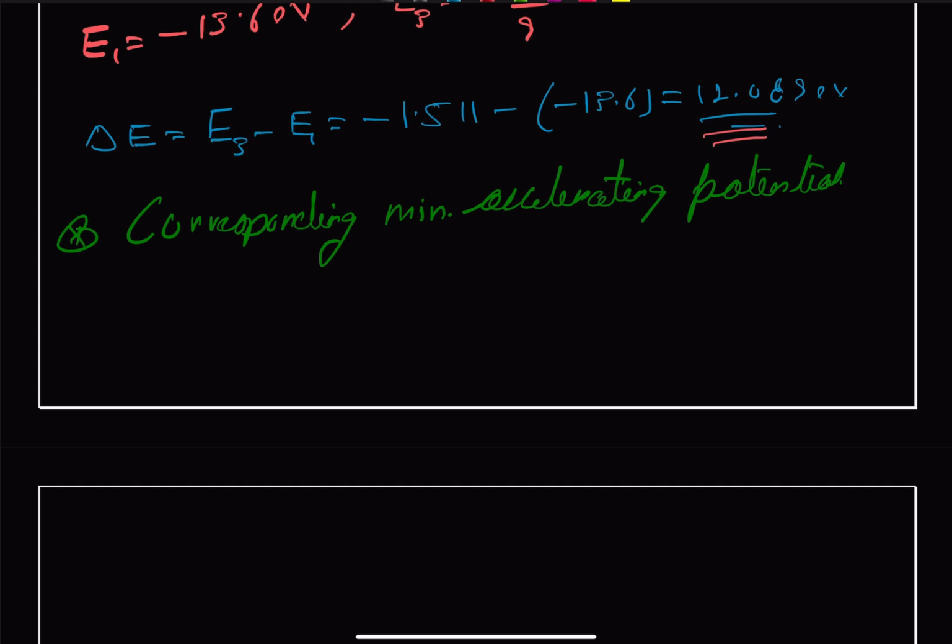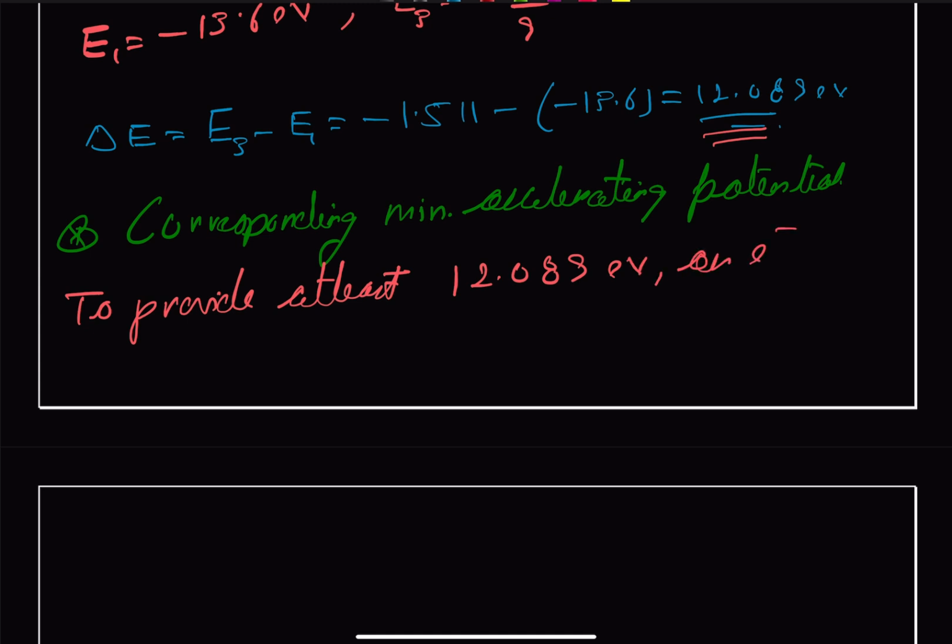So it means we can write it as, to provide at least 12.089 electron volt, an electron must be accelerated